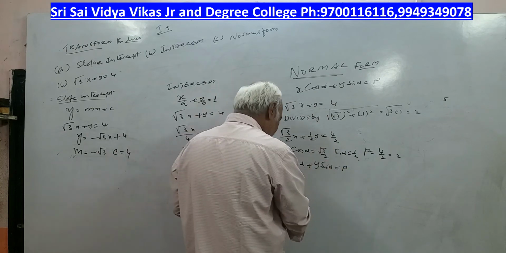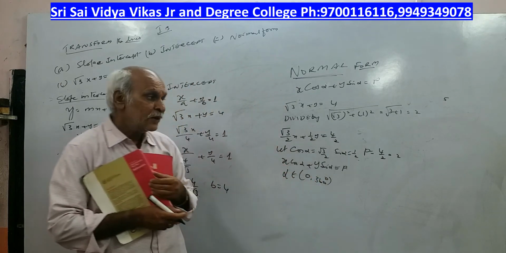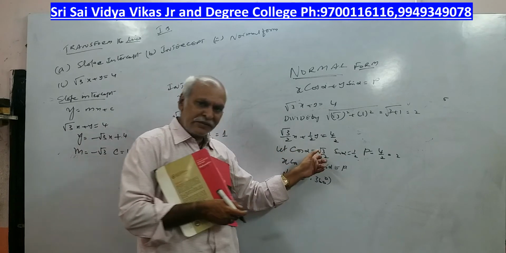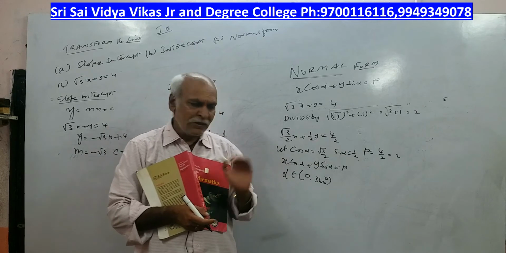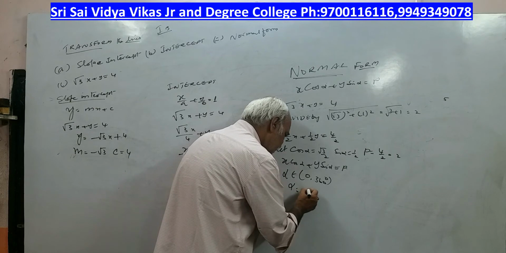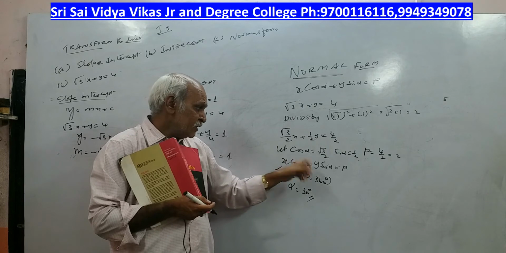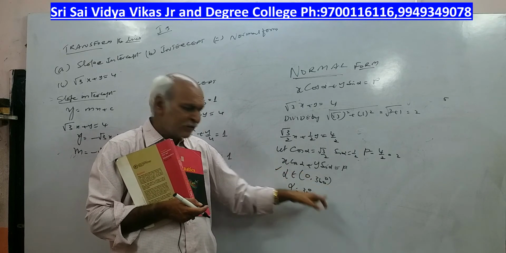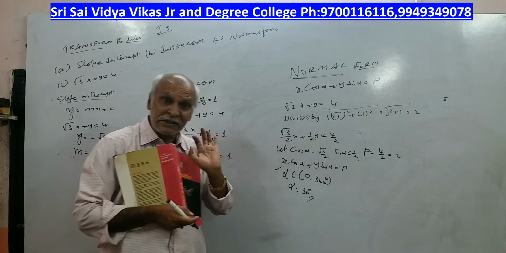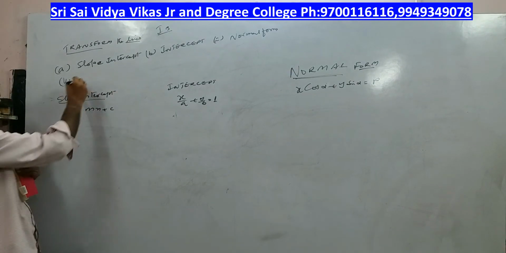Right? Now, alpha belongs to 0 to 360. But remember here, most important, for what angle of cos you get root 3 by 2, we know very well, 30 degrees. And for what angle of sine you get 1 by 2, 30. So, if you know the angle, you are supposed to put the value. Therefore, alpha is equal to 30 degrees. If you don't know, if you write up to here, also marks will be awarded depending upon the examiner. Sometimes he will not give you 7 marks, he may give you 6.5 marks. If you know the angle, if you put, that is better. If you don't know, leave the answer here. Okay, right? Let us see one more bit in this. Next.